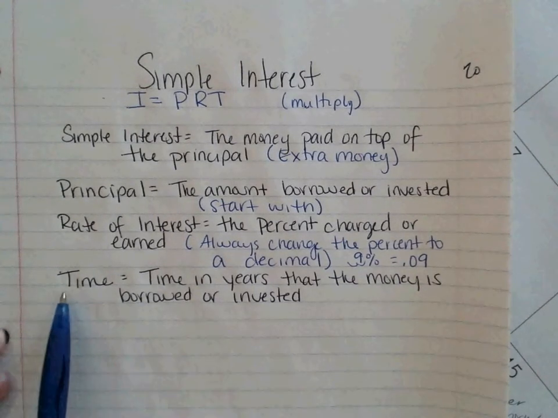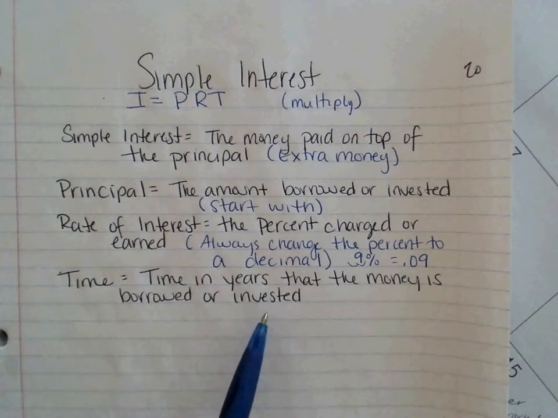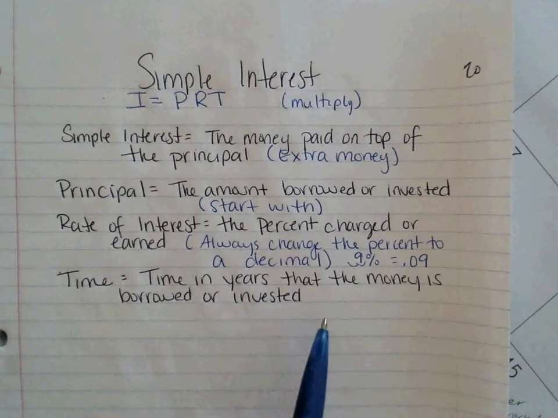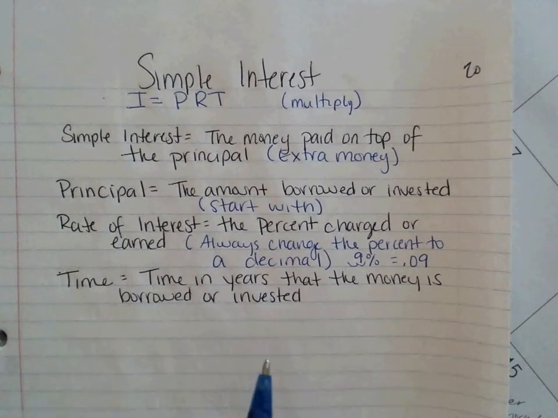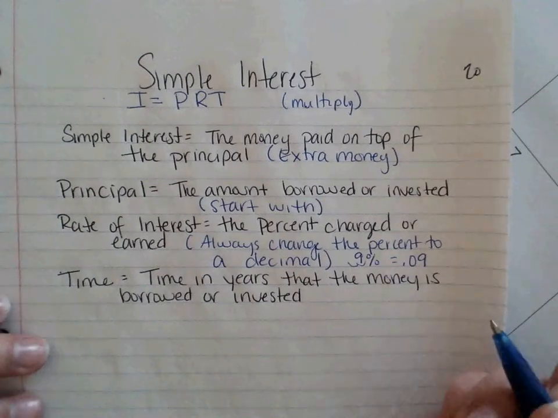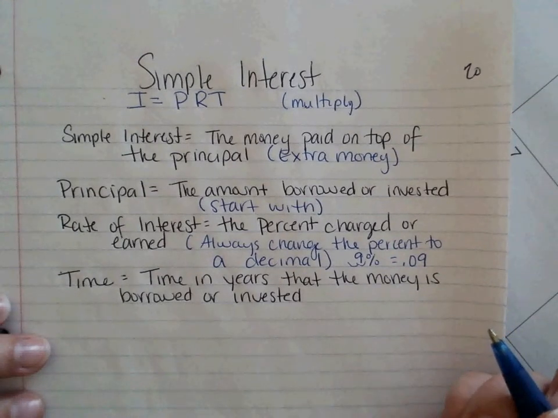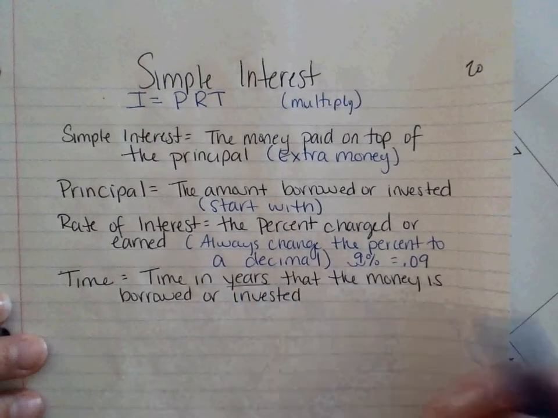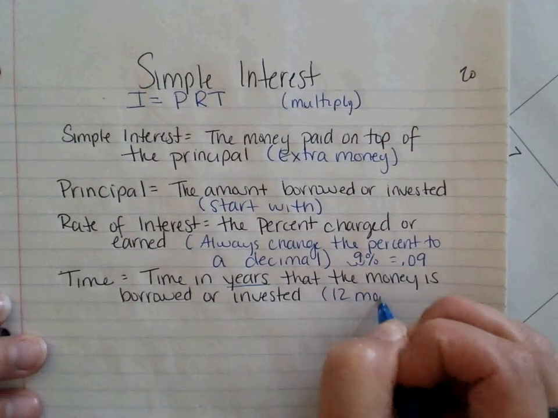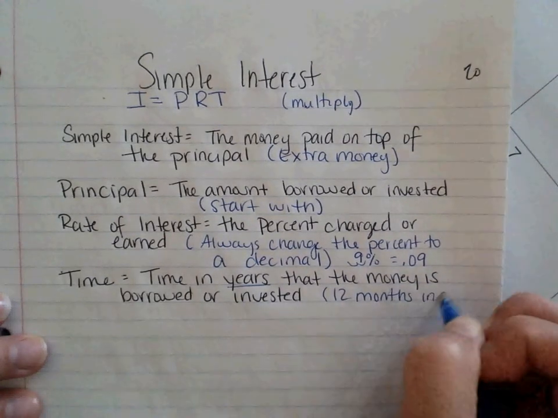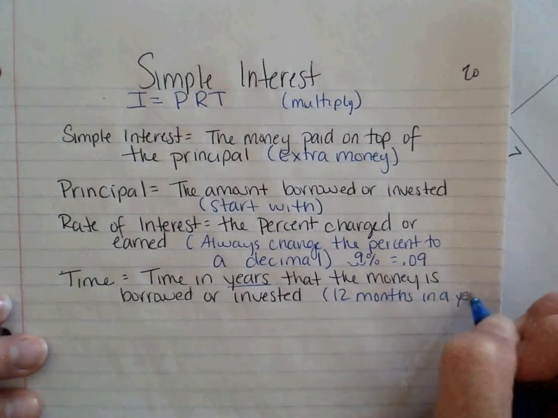The last thing you're going to need for this formula is time. Time in years is how long the money is borrowed or invested. So how much time are you going to be borrowing or investing this? There are 12 months in a year,